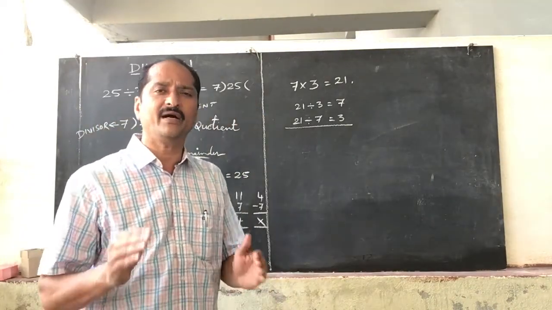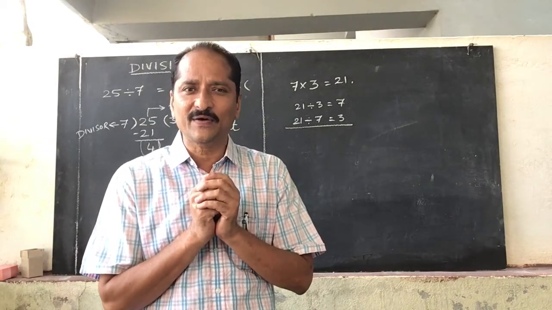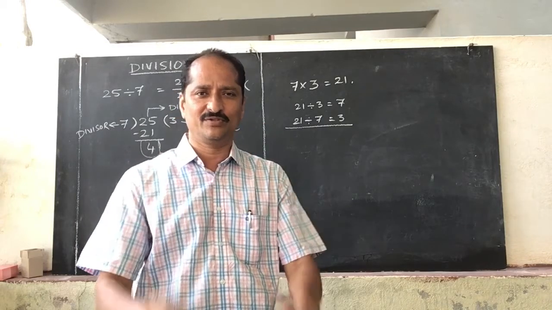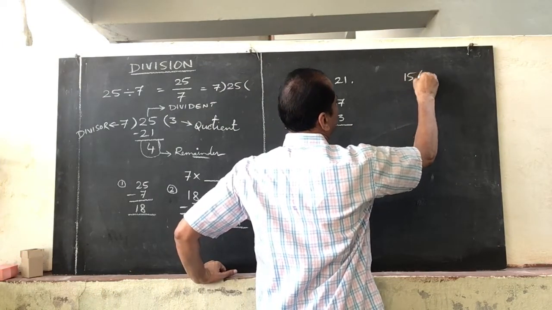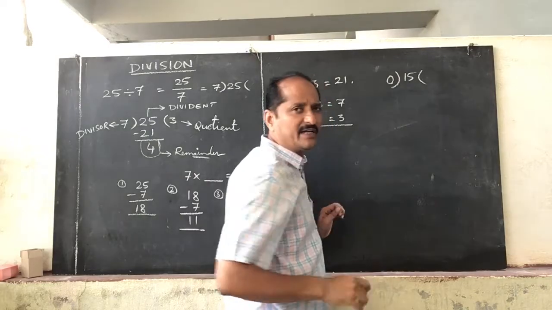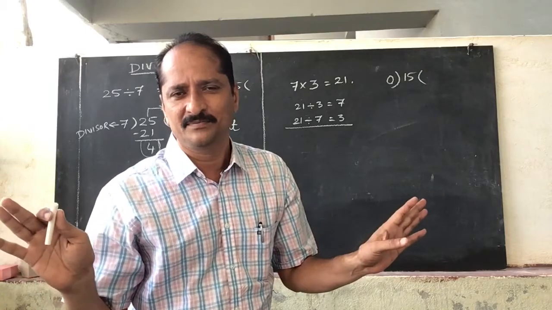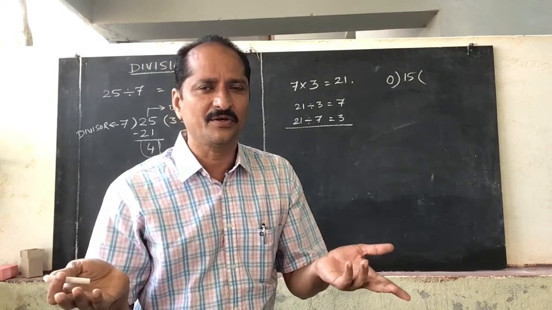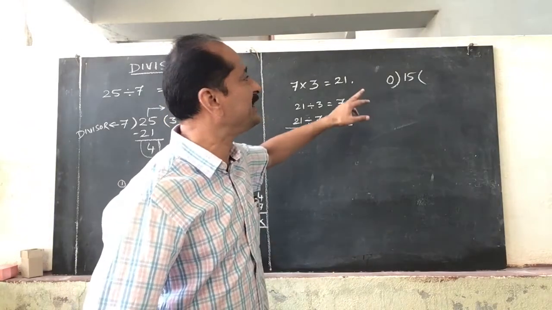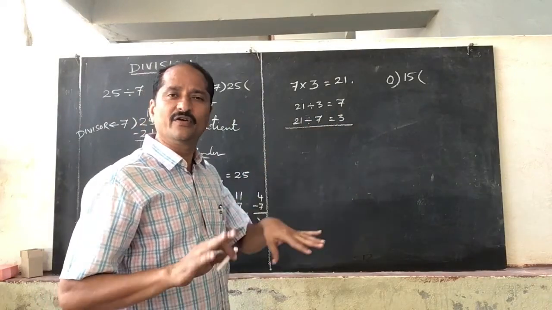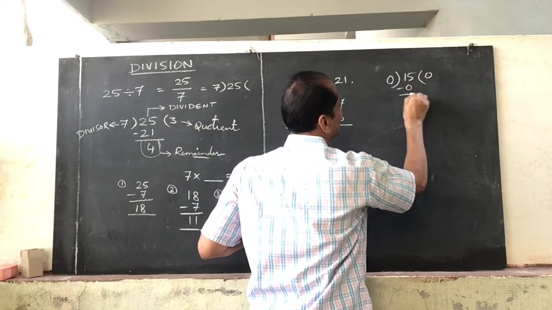If you are dividing a number with 0, for example, if you take 15 and divide it with 0, how many zeros is equal to 15? Any number of zeros gives 0 only, but we will not get 15. 0 times 15 is 0, 0 times 1 is 0, 0 times 7 is 0. So you will get 0 only, you will not get any other one.